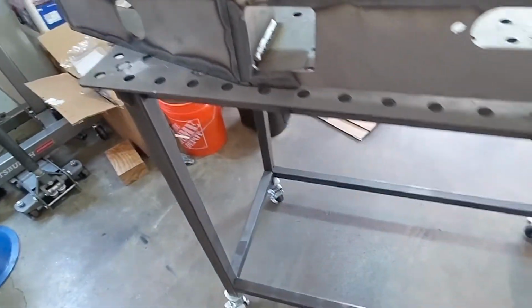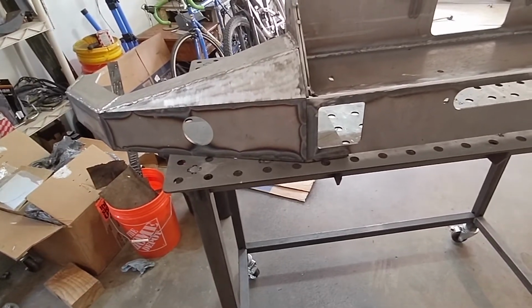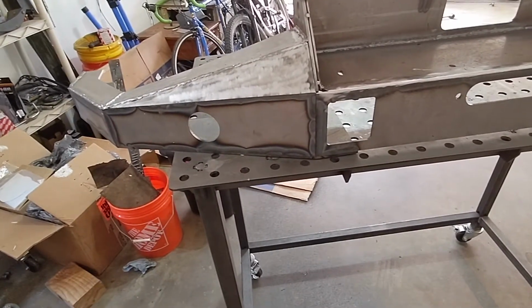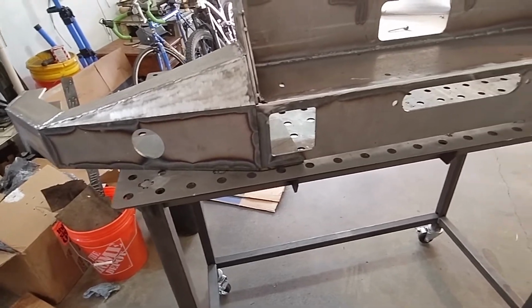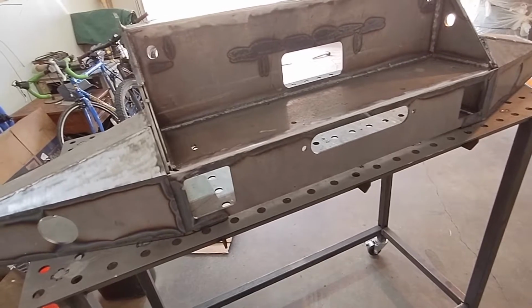But yeah, the welding's pretty much done, which is good because I pretty much ran out of gas again. I have enough to tack in the bar work once we get this put on, so I'm gonna let all this kind of sit, fully cool. I'll get it put on the truck. I did test fit it,